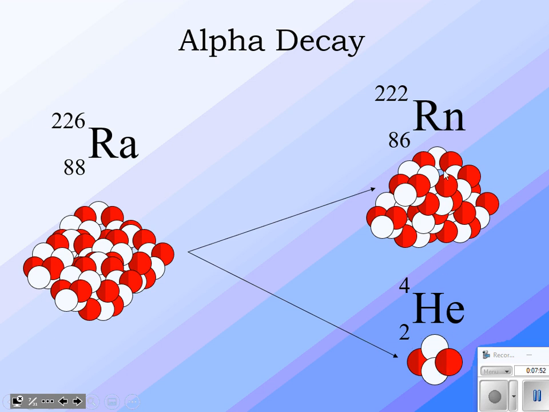The other one is radon. Now, how do I know that it's radon? Well, what happens if I subtract 4 from 226? That gives me 222. What if I take 2 off of 88? That gives me 86. What is element number 86 on your periodic table? How about radon, right? So we've taken these two numbers right here, and we've subtracted the 4 and subtracted the